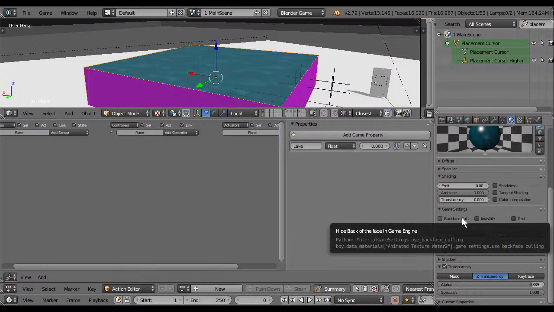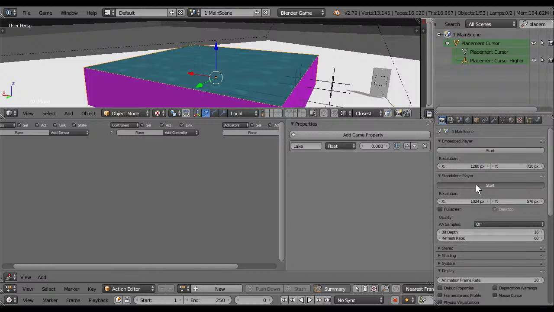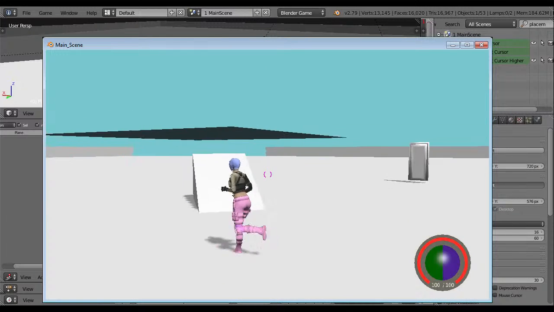No backface going, that's mean. It's supposed to be, maybe the UV texture didn't separate properly.